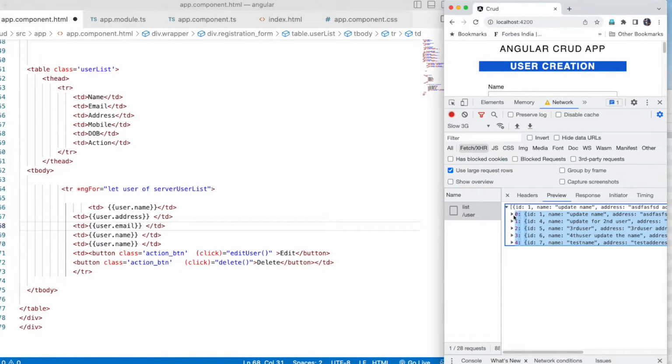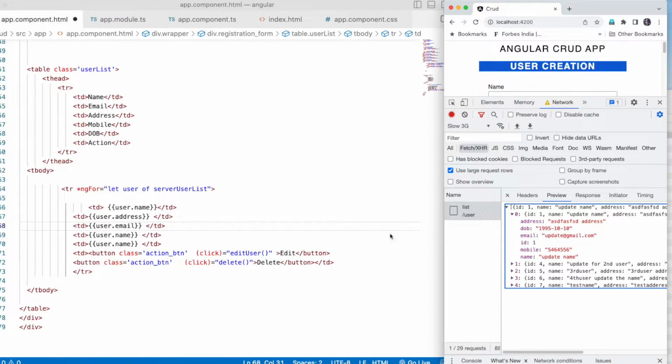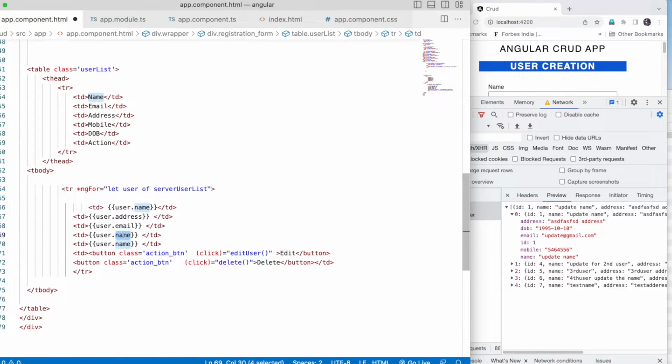If we expand it, we will have address, mobile, and the name is also there, mobile, and then DOB. Okay, so this is a different way of iterating the data. And for the edit, we should pass this object itself, and for the delete also we can pass it,